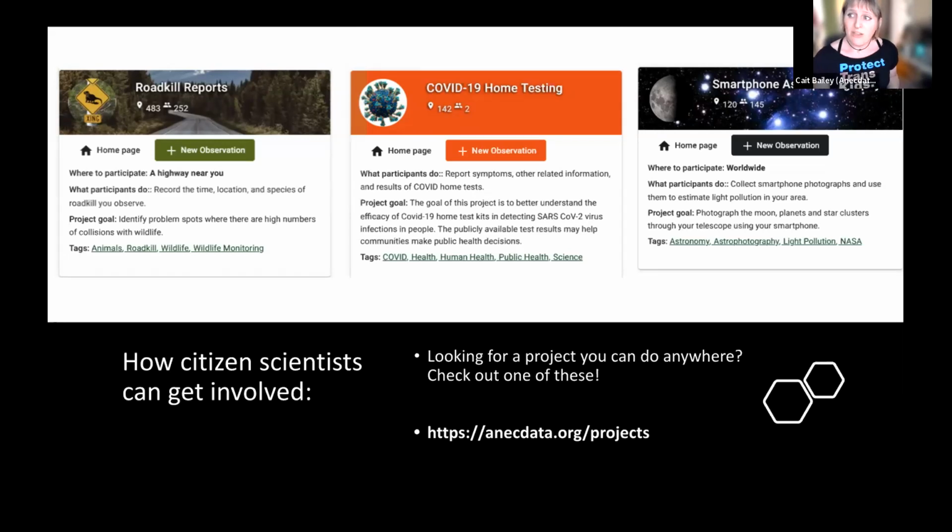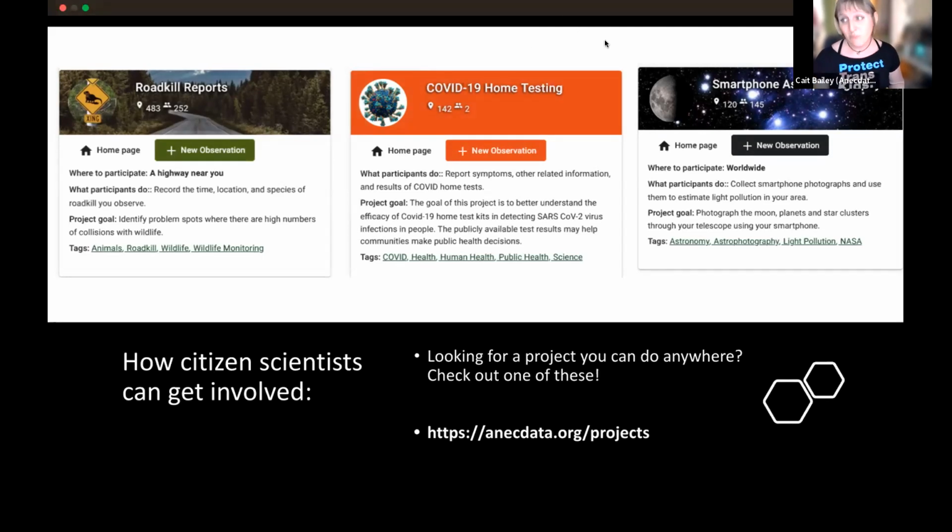And how is this potentially changing over time? And finally, I think another really cool project, I don't run it, is smartphone astrophotography. This is one that anybody can join. My advice is get a little clip-on lens for your smartphone, or if you've got something better like a telescope or a set of binoculars, just try to take pictures of what's in the sky, because you can get some really cool stuff. And this is a neat place where you can share this imagery,